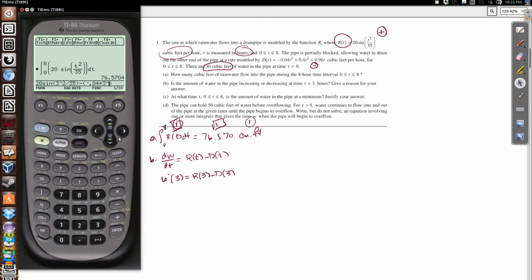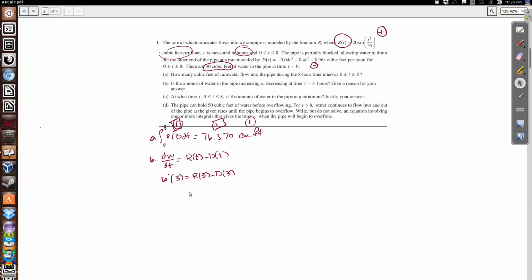So it's going to be 3 cubed plus 0.4 times 3 squared plus 0.96 times 3. And my parentheses are closed, so when I calculate this, we end up with this w prime being equal to